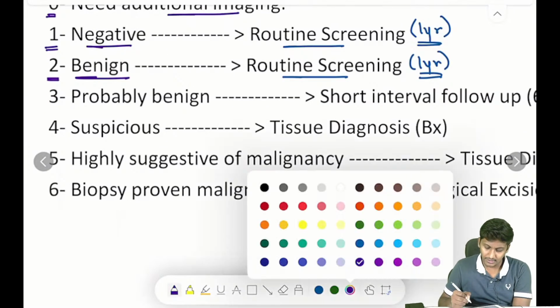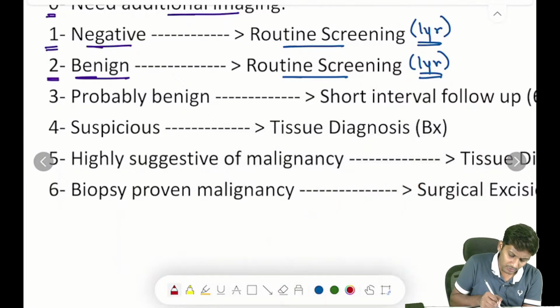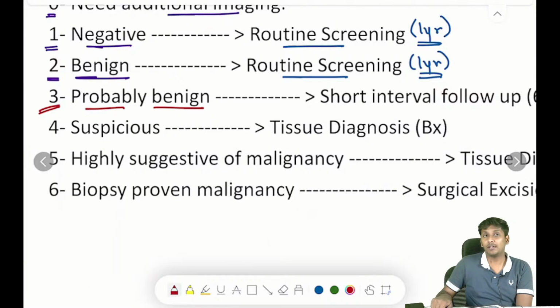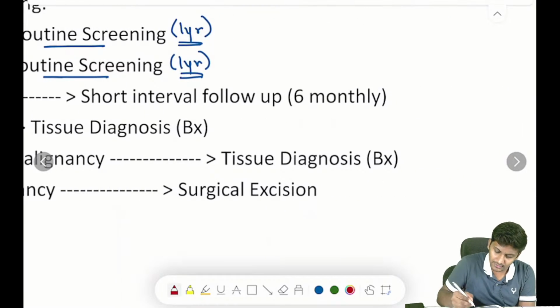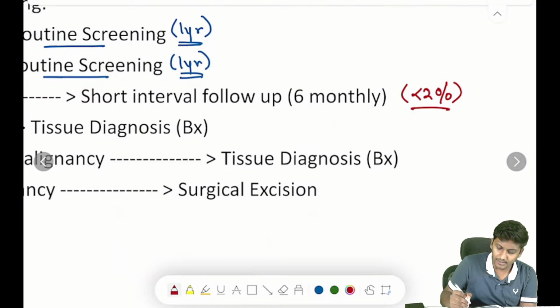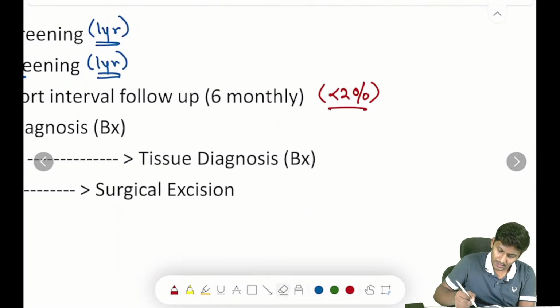But if it is a BIRADS 3, this is a matter of concern now. If it is a score of BIRADS 3, so you have to remember he is saying it is probably benign. What do I mean by probably benign? That there are chances that this tumor or this lesion can be malignant. Okay, वो बोल रहा है probably benign. Majority of the times it is benign only, but there are few chances that it can be malignant also. Okay, less than 2% chances he says usually. He says less than 2% chances that this cancer can be malignant. Okay, less than 2% chances that it can be malignant, but he is saying na ki there are chances it